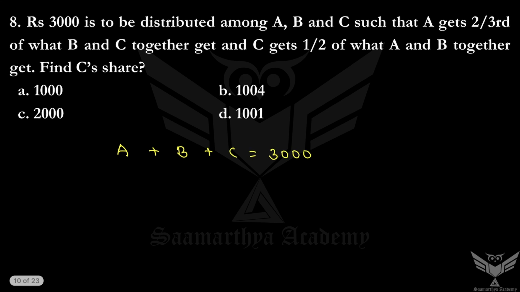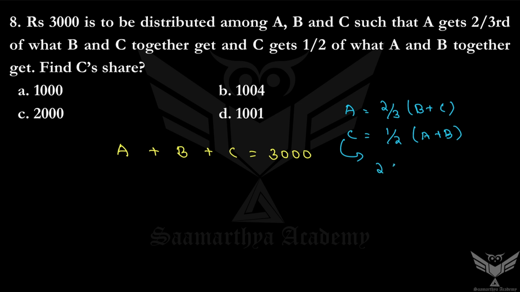Now what are the other equations? A gets 2/3 of what B and C are getting together, and C gets half of what A and B are getting together. If you consider this equation, 2C is equal to A plus B,